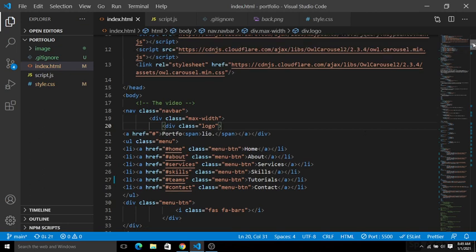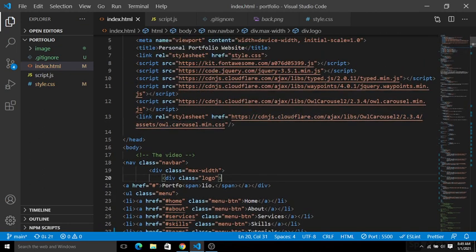You can see a script tag here, with cdnjs cloudflare typed.min.js, like this. You can easily get all these links in the description. I will drop each and every link, the script source and the link, inside our description, so you can simply copy it and paste it in your project or profile if you want to build something just like this.